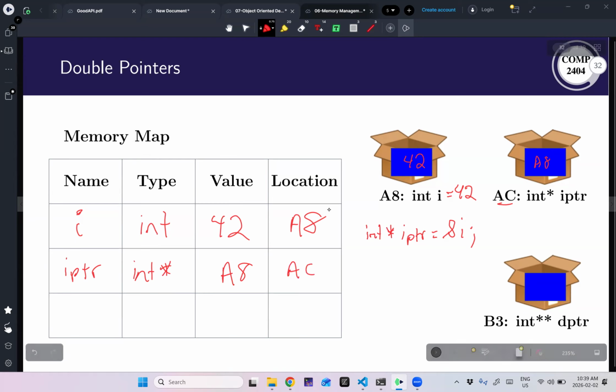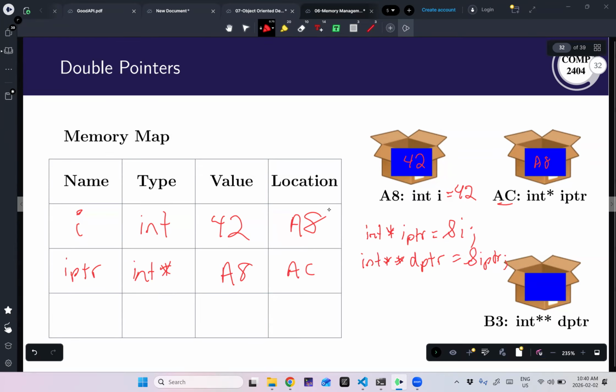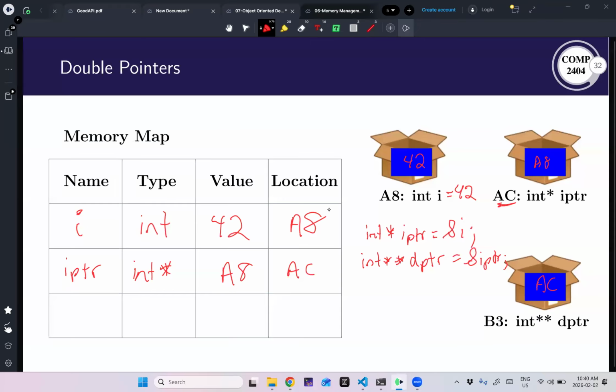Well, now I can also declare this double pointer type. And of course, a double pointer takes the address of a pointer. So I am going to take the address of iPointer. The address of iPointer is AC, so that will be the value.